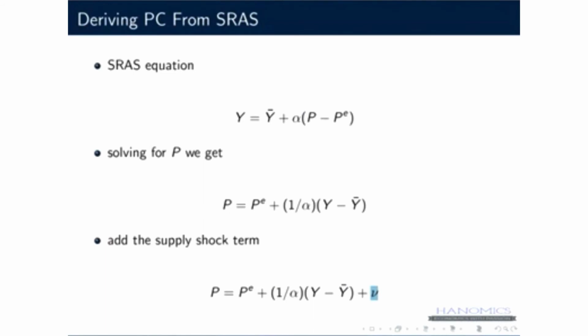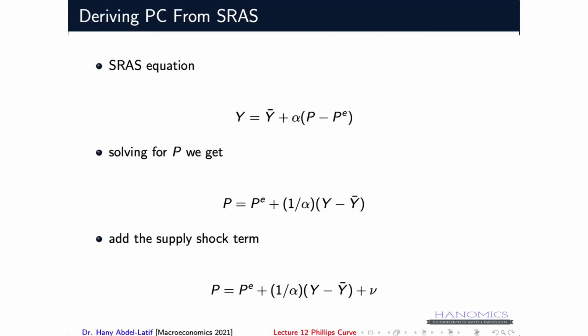What I would say here, as we explained before when we defined supply shock, is unexpected events that push the prices or the costs of production up, which raises prices as well. And that means adding the supply shock term to this equation makes sense, because